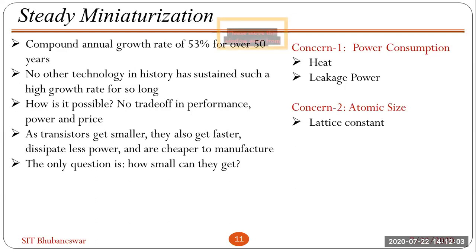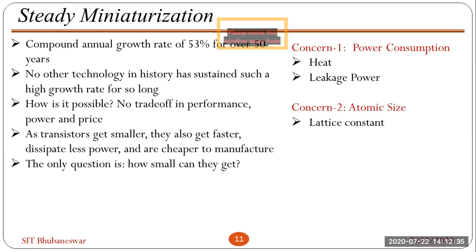So the second point: what is leakage power, sir? Leakage power means, when you study the transistor, the transistor turns on only when you give the gate voltage. MOSFET has three terminals: gate, source, drain. When you give the gate to source voltage, that time the transistor should turn on, and the current should flow from drain to source. That is the principle of MOSFET operation. Do you know this or not?